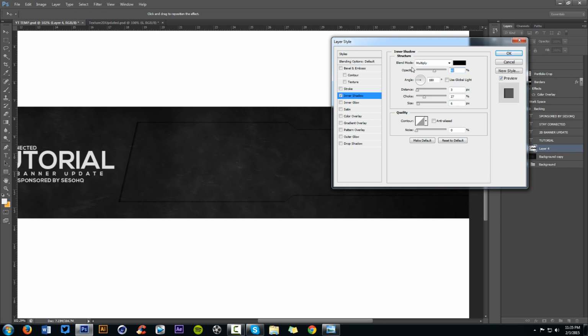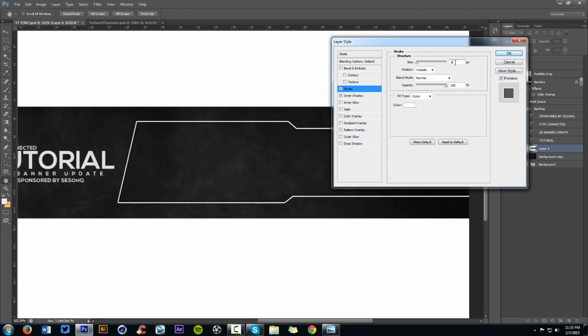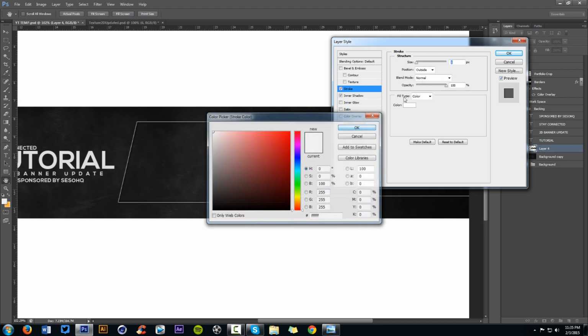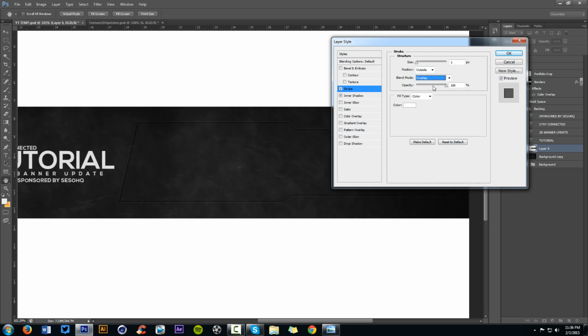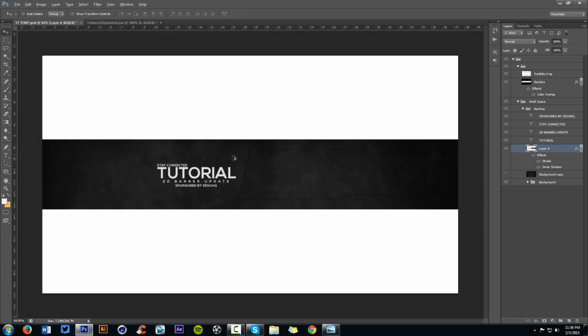Opacity. So you can just mess around with these kind of settings here. Just maybe one more down. Yeah, perfect. Sweet. Now you can put a stroke size on this one if you want to too. Stroke size 1. Color white. And you can put the stroke blend mode on overlay, and then maybe just lower it down just a little bit. There we go, maybe 30% or so. Works out for me. Press OK,